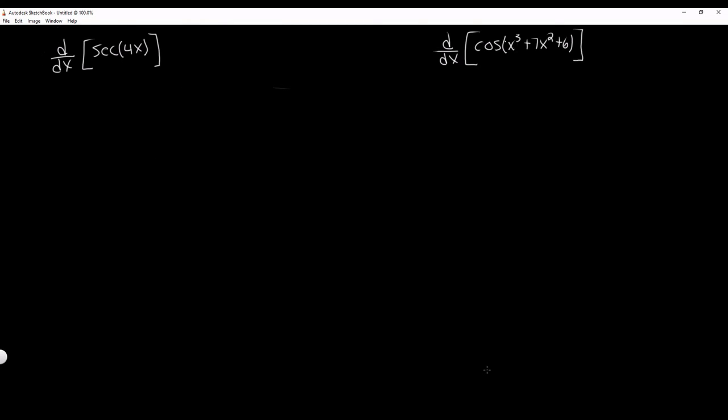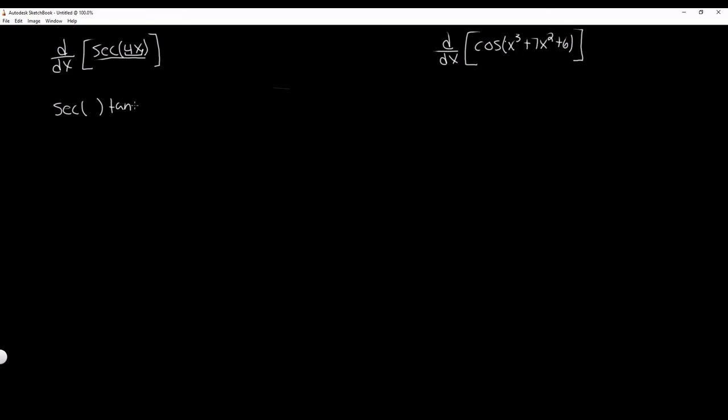So our next two problems are also going to be trig problems. We're going to take, for example, the derivative of secant 4x. If we look, we have a smaller function other than just x inside a larger function. So this should be perfect for chain rule. So if we took the derivative of the outside function, which is secant, the derivative of secant is secant tangent. So if we wrote the derivative of the outside, secant